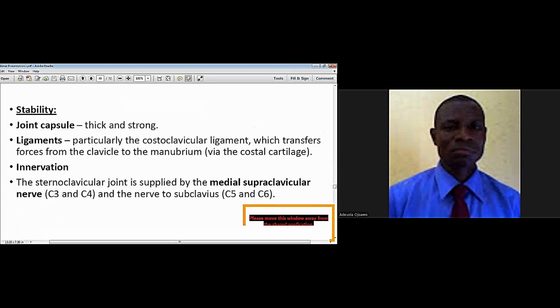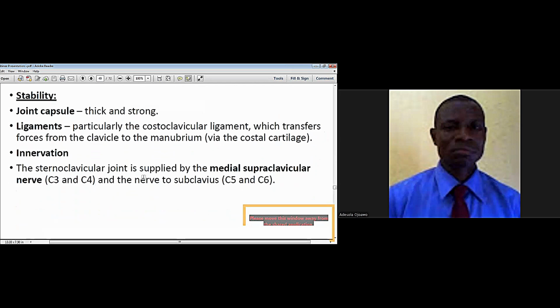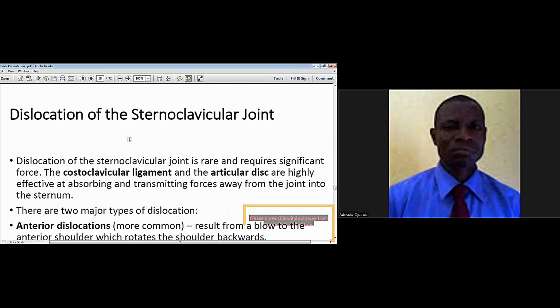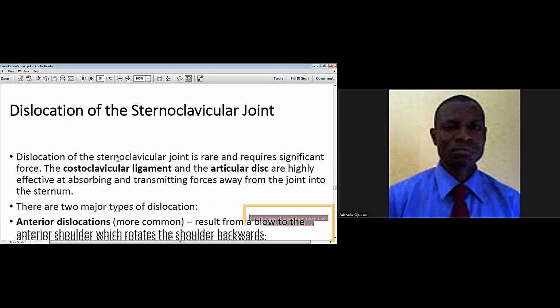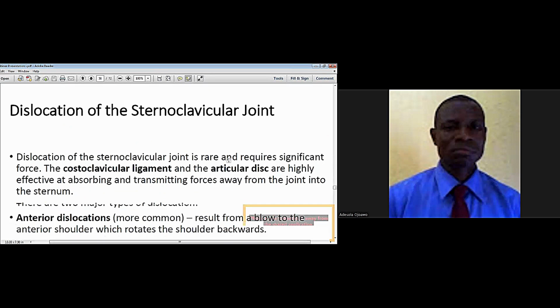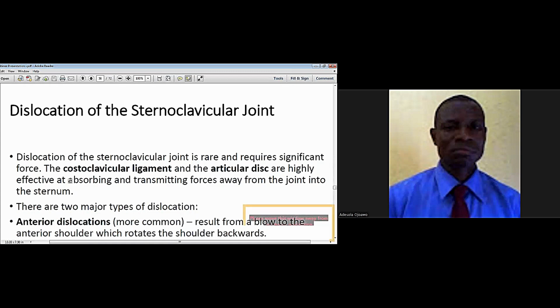The sternoclavicular joint is supplied by the medial supraclavicular nerve, C3 and C4, and the nerve to subclavius, C5 and C6. Yes, there can be dislocation of the sternoclavicular joint. The dislocation of the sternoclavicular joint is rare and requires significant